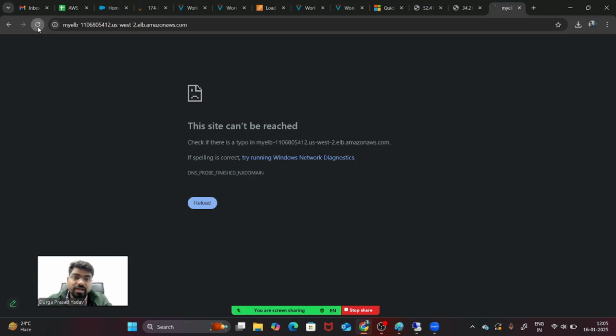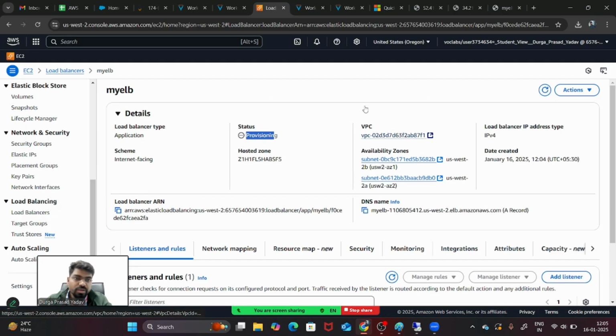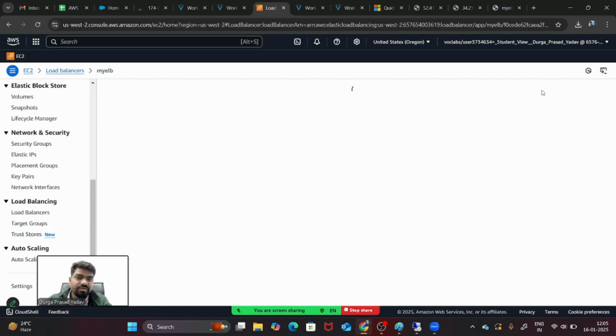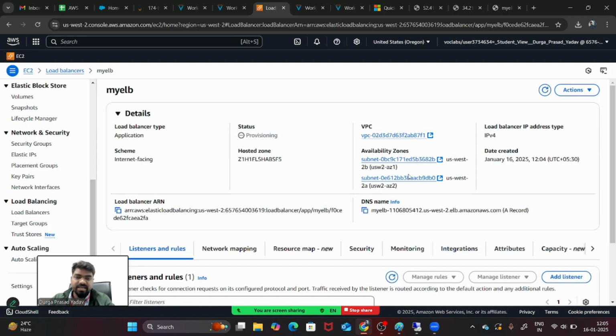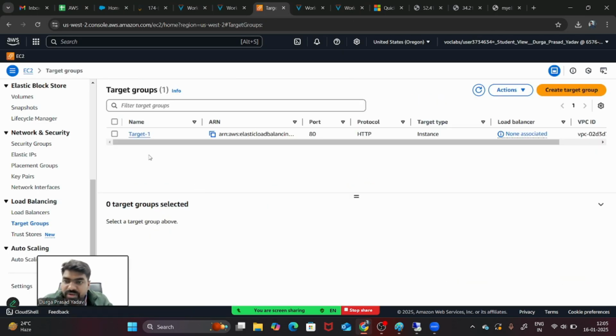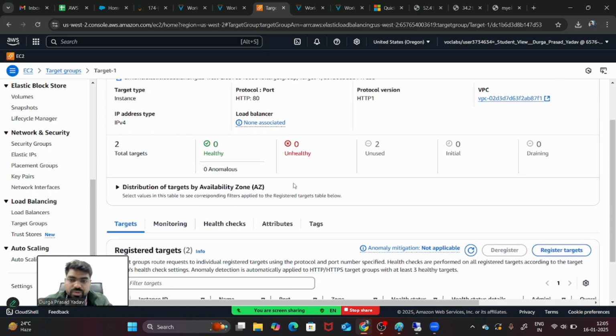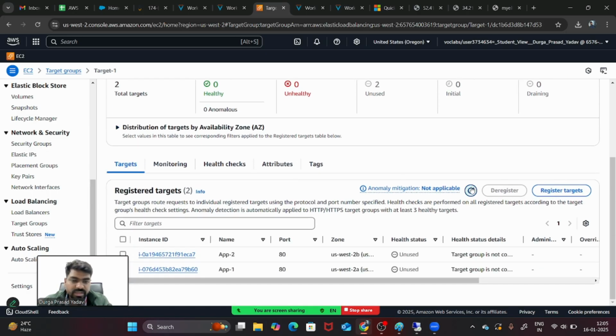It is not coming just because it is still provisioning. So we can just wait for another 1 minute. It will start coming, because if you go back to check the target groups, you will verify whether your target is healthy or unhealthy. So here we can refresh. It is initializing here.